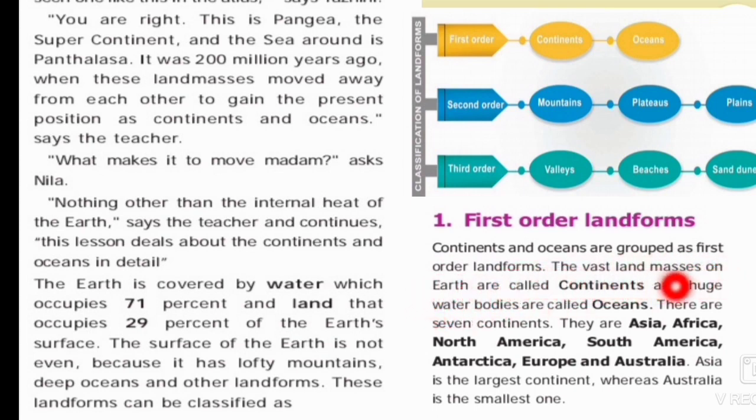The vast land masses on earth are called continents and huge water bodies are called oceans. There are 7 continents. They are Asia, Africa, North America, South America, Antarctica, Europe and Australia. Asia is the largest continent whereas Australia is the smallest one.